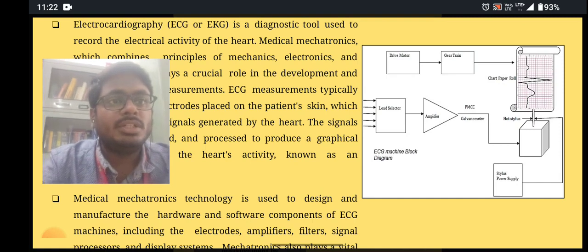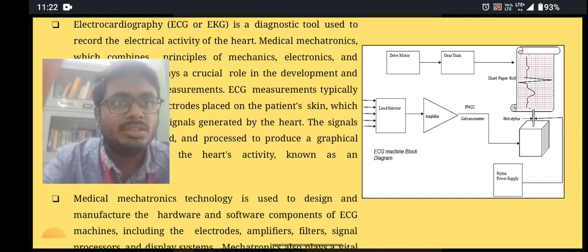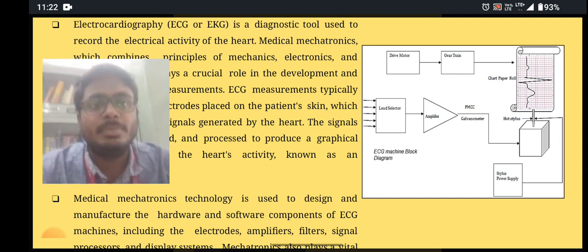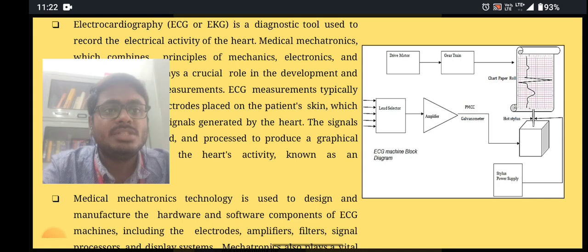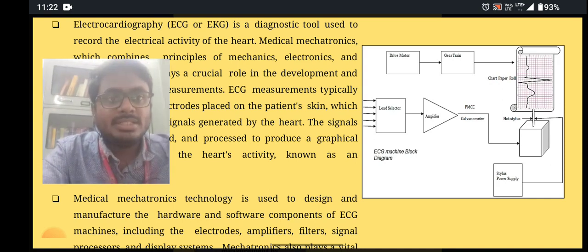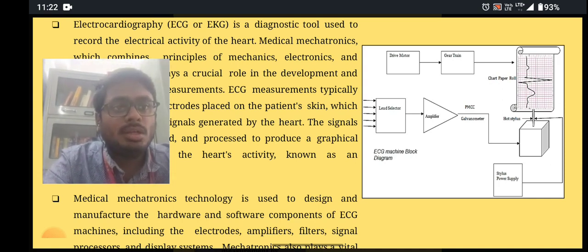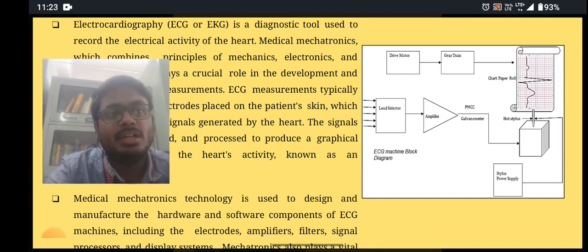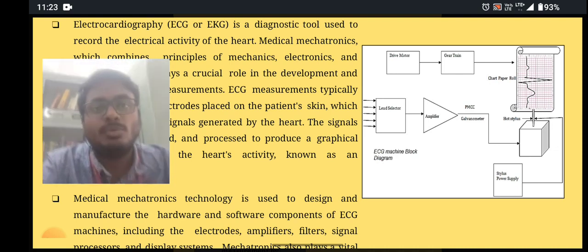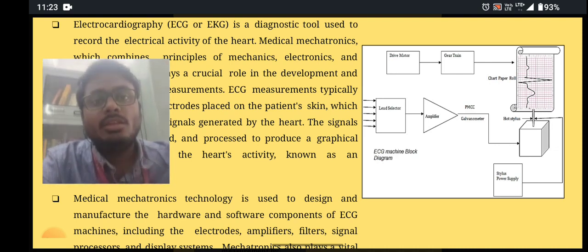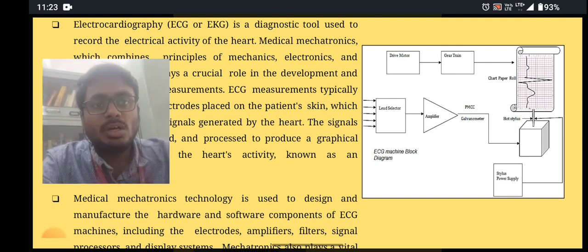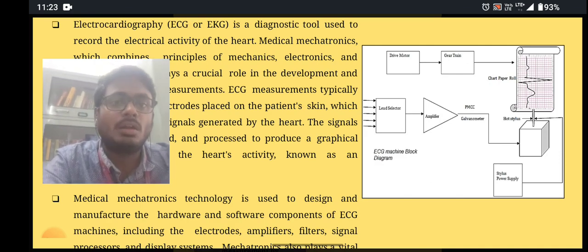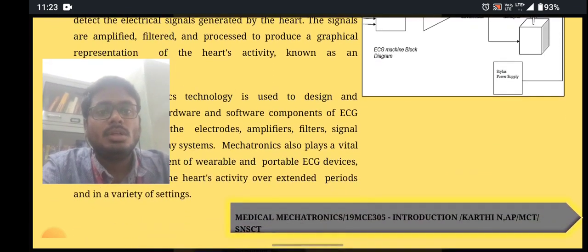In this we have the drive motor, which is the pen motor, and this drives a gear train. The lead selector is placed on the patient's skin, through which we get the signal, which goes through an amplifier, then to the filters, and then the stylus converts it to the electrocardiograph, in which we can draw the ECG graph. We can identify the PQRST wave, through which we can determine whether the heart's activity is normal or not. And also